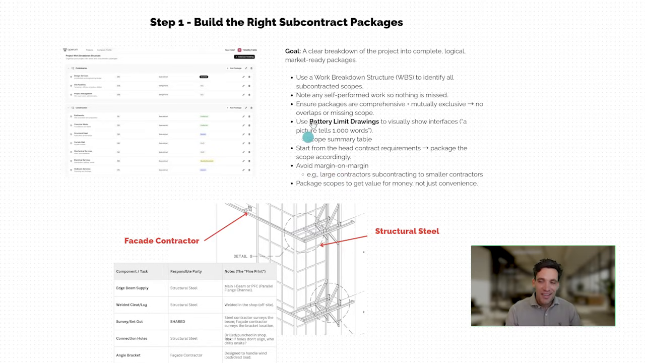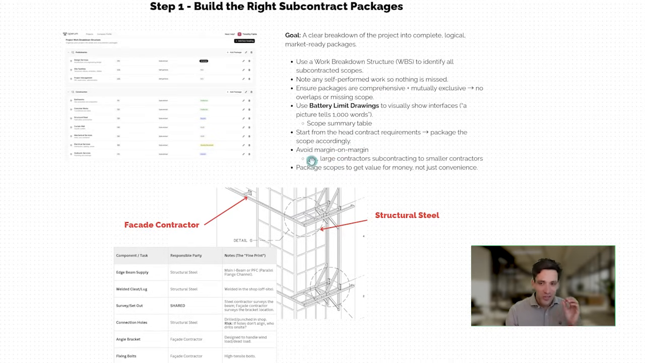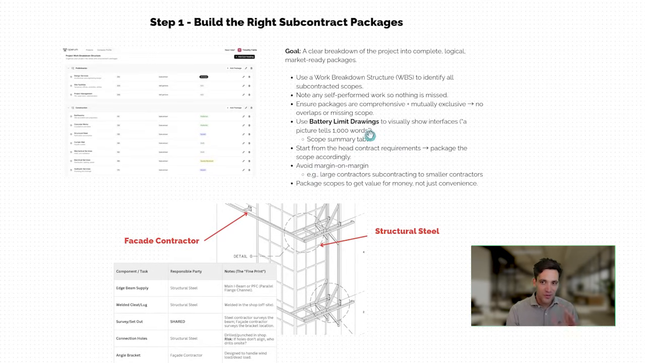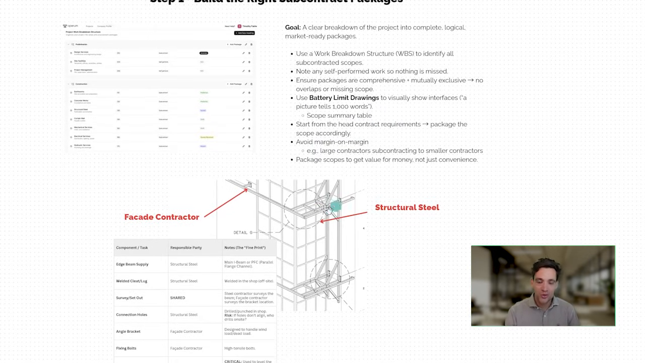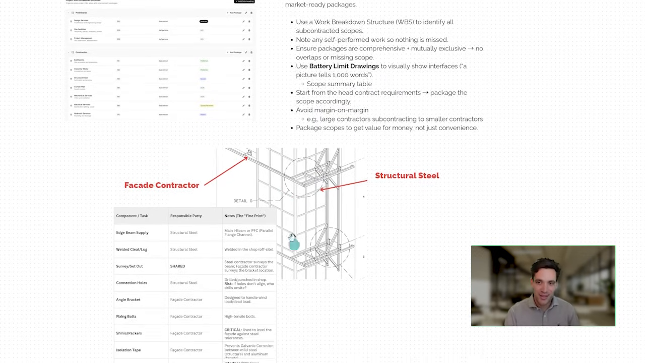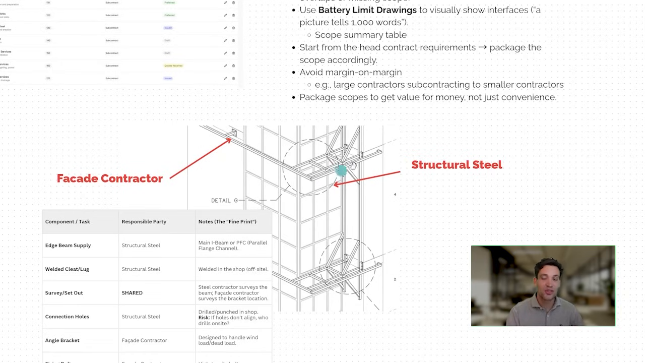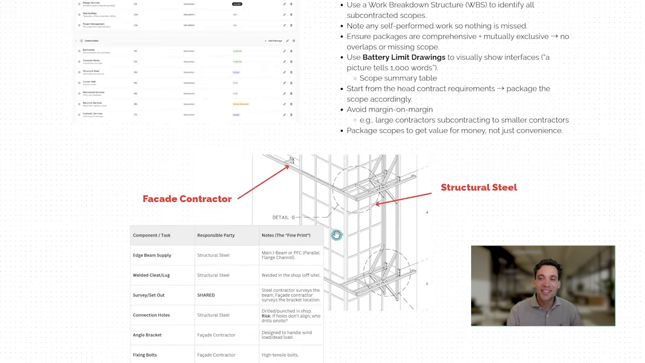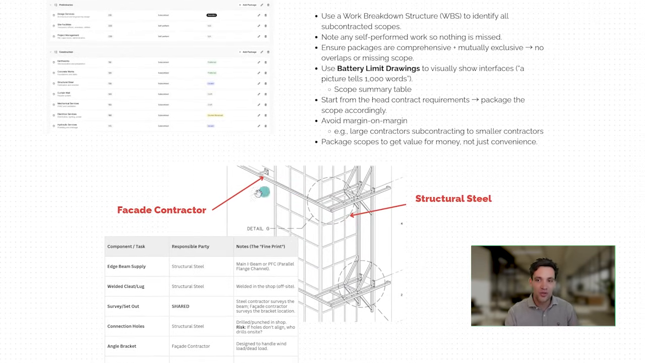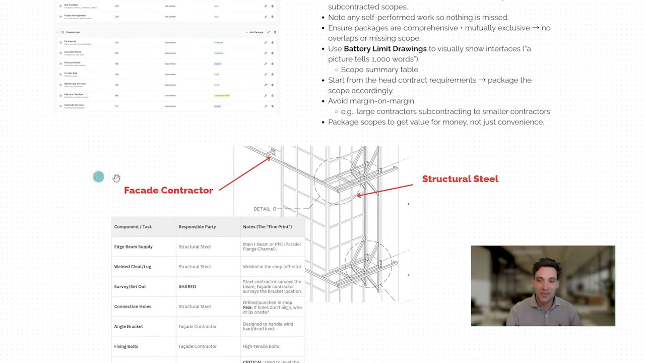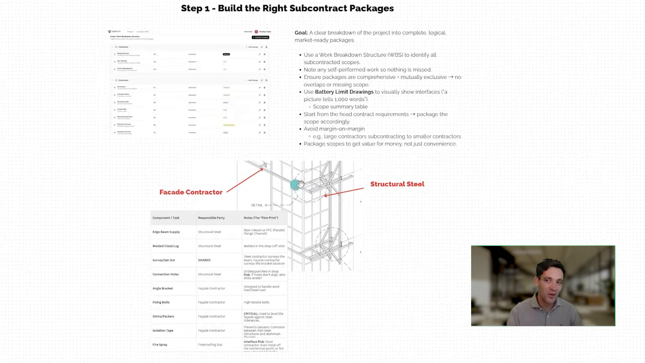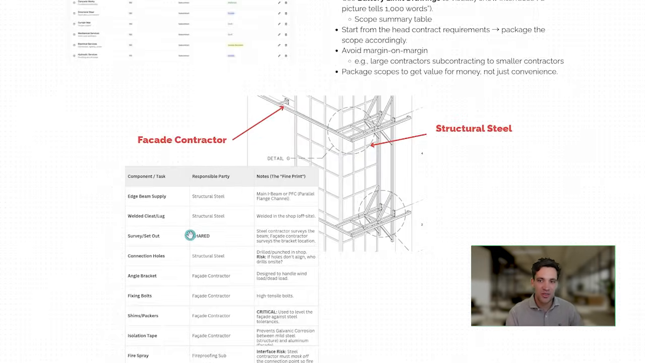Now, the way I like to do this, and once you start using it, it'll change your life forever, are battery limit drawings and scope interface summaries. For example, say we're on a building construction project and we have structural steel and some sort of facade or cladding. We simply mark up on a drawing. Now, this was a crappy version I did, but you can make it way better by highlighting these items, writing notes. Basically, we mark up on the drawings exactly what each contractor is going to be doing, and we note